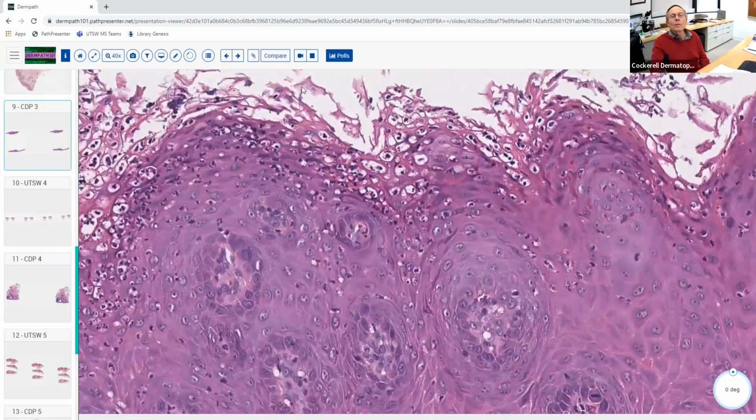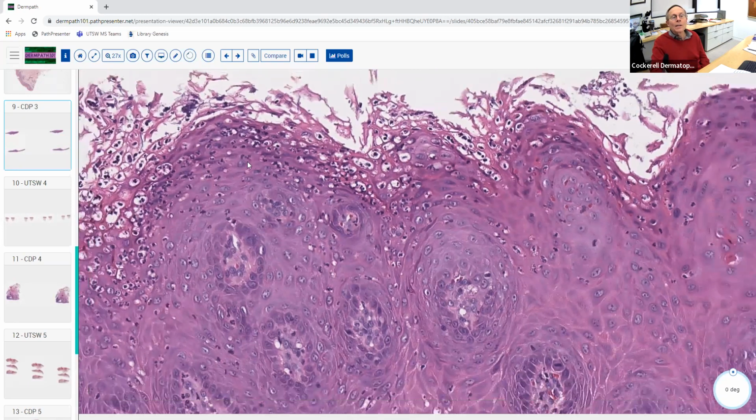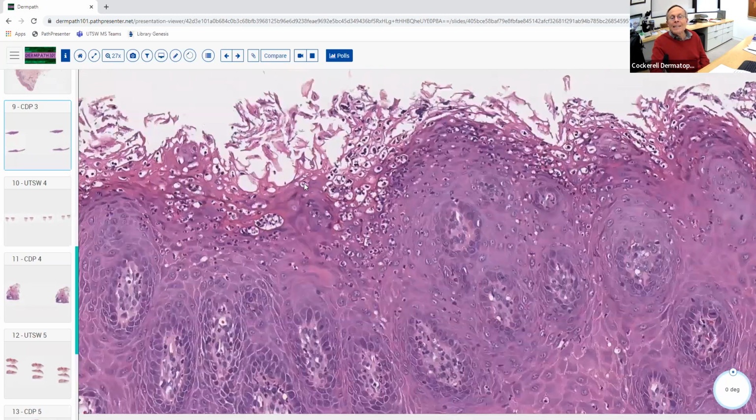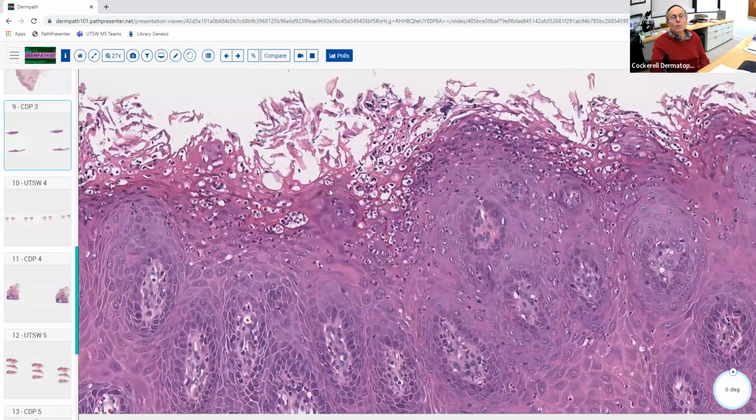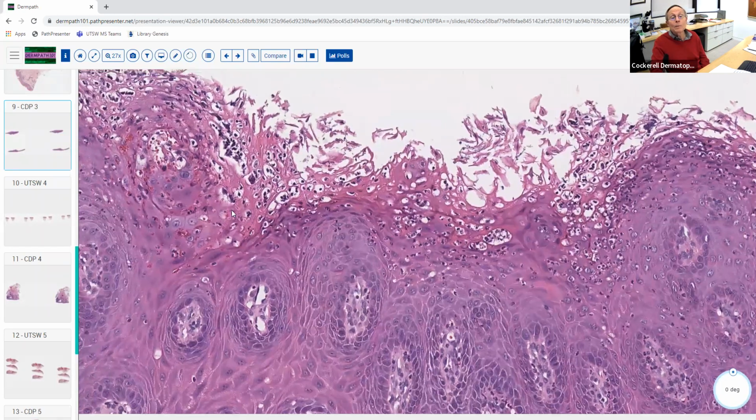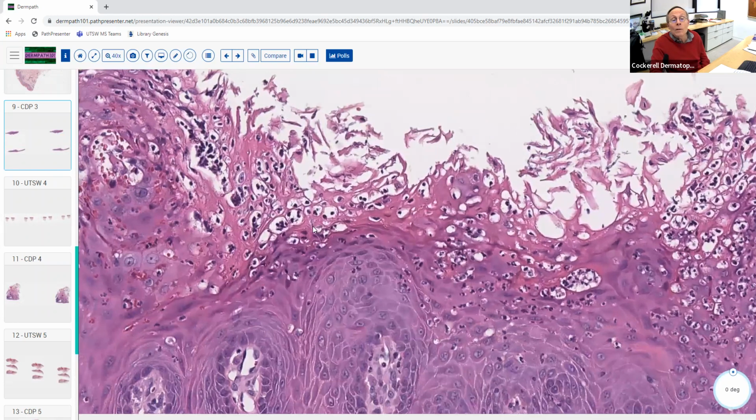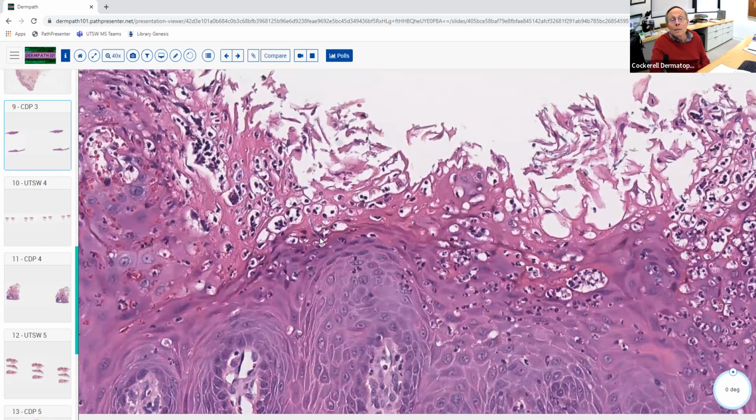That's probably a Candida organism right there. That's one right there. They don't really like the epithelium as much. They like the stratum corneum, whereas this thing likes the epithelium. Here's definitely one right there. Can you see that one? That's diving down. It's trying to go into the epithelium, and it's inducing all this inflammation, and it's inducing pseudoepitheliomatous